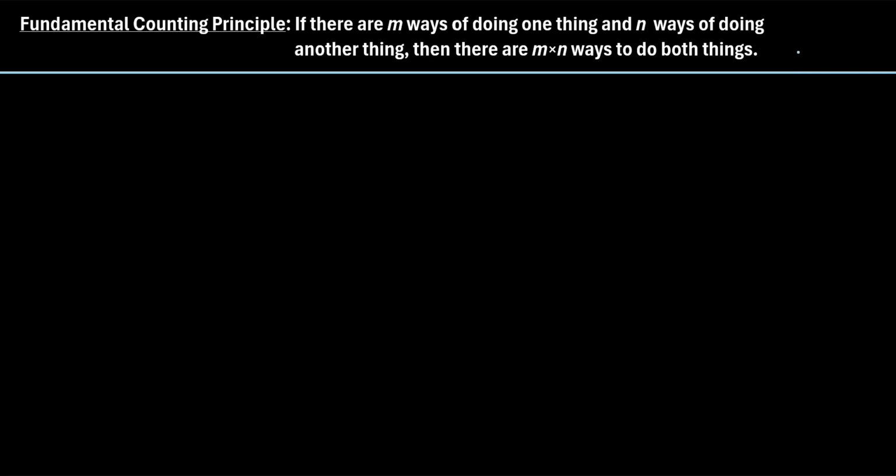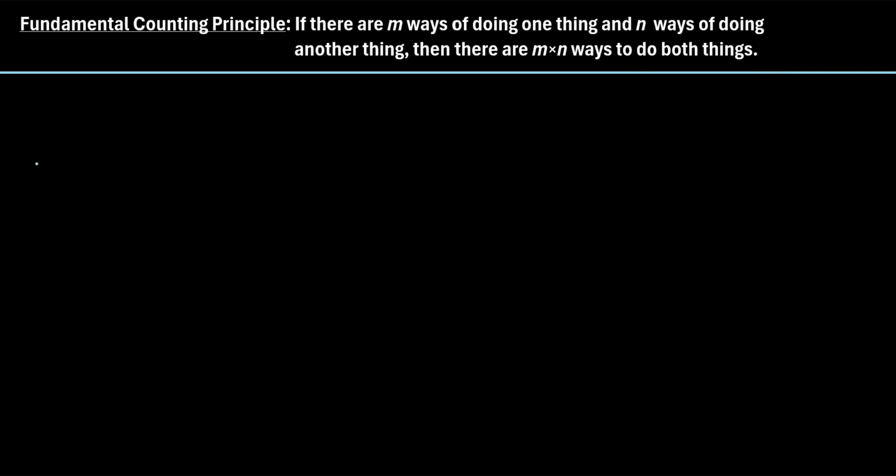The fundamental counting principle says that if there are m ways of doing one thing and n ways of doing another thing, then there are m times n ways to do both things. So based off this definition, let's check out a few examples of how we can use the fundamental counting principle